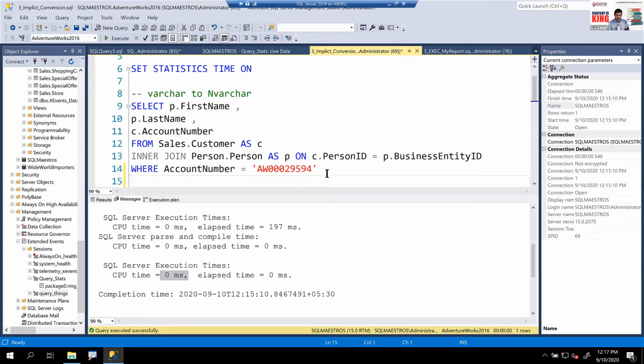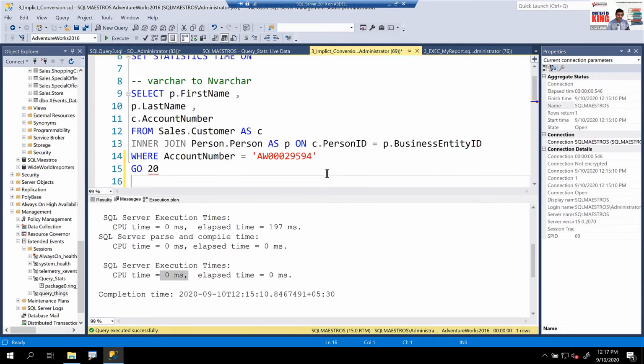If I execute this, let's say just for the sake of demo, 20 times, I'm going to turn off the actual execution plan and revert the query back to the implicit conversion. The 20 here is a SQL Management Studio specific thing: this query is going to hit the engine, come back, then hit again and come back. So it's not an iteration happening 20 times on the server side. Every time it comes back to the client and goes back again, which means 20 iterations of the same query with implicit conversion.